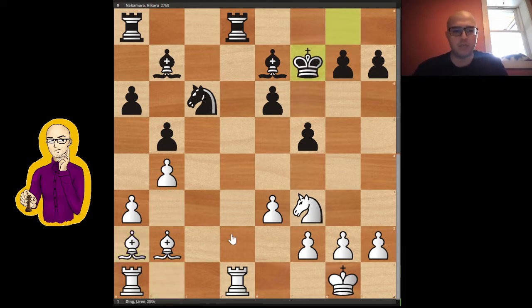Okay, so king f7 was played just to cover the e6 pawn. Of course, it was under attack. This bishop was looking at it. Ding here played h4. The idea is to play knight g5, and basically if this is taken,